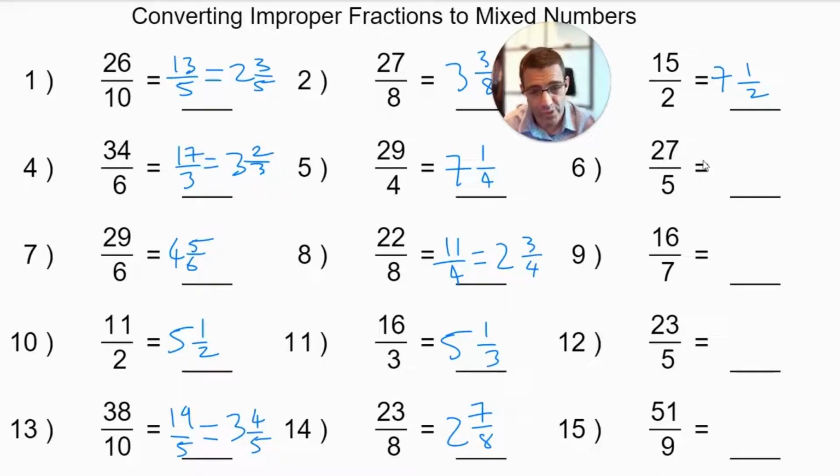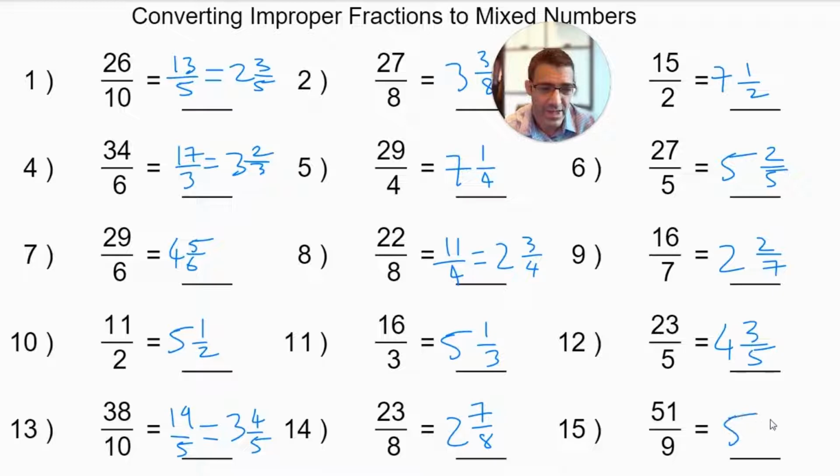27 divided by 5, 25 over 5 is 5, and then I'm left with 2/5. Okay, 16 over 7, well 14 over 7 is 2, and I'm left with 2 over 7, so that's good. And then 23 over 5, well 20 over 5 is 4, and then I'm left with 3 over 5. And then for my last one, divided by 9, okay, well 45 over 9 is 5, and I'm left with